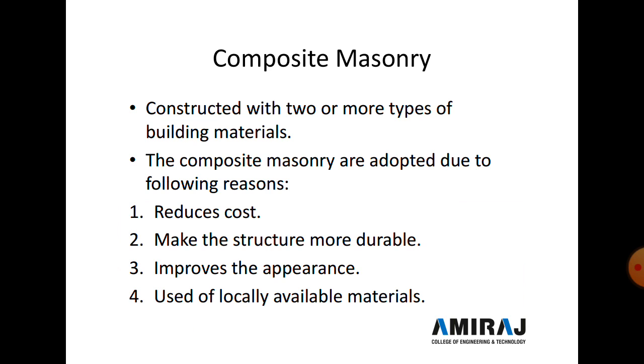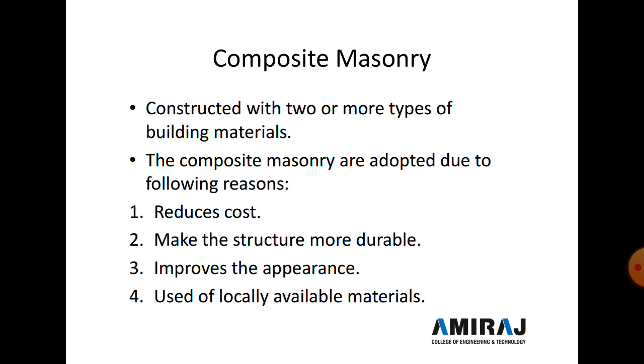Now in composite masonry work, the inner and outer faces are either made of different materials or made of the same material. For example, on the inner side we use brickwork and on the outer wall we use a stone face, or on both sides the material is the same. So on both the inner and outer sides we use the same material, like brick or stone, and this is also called composite masonry.